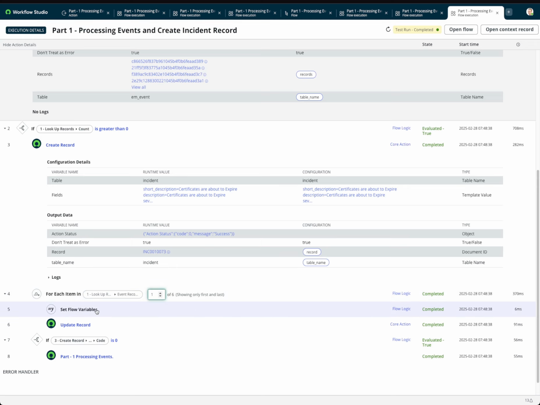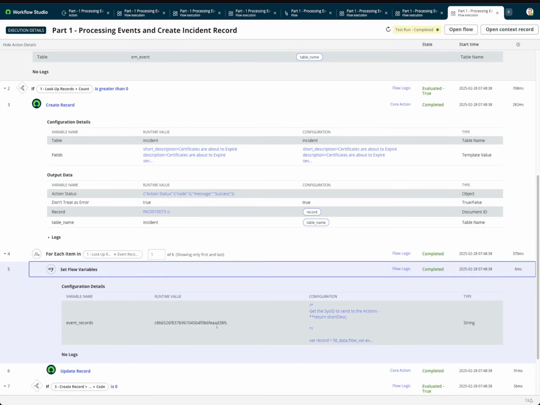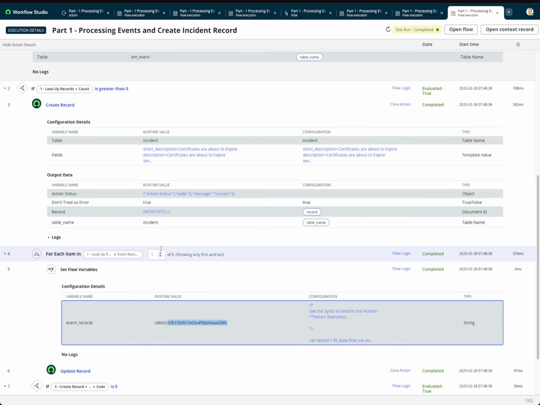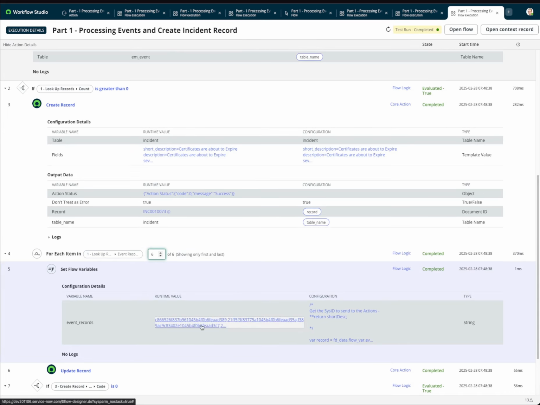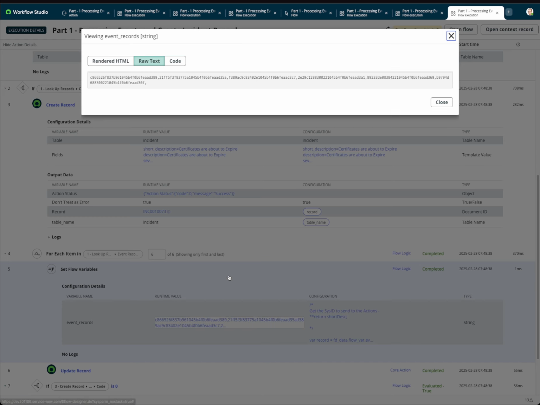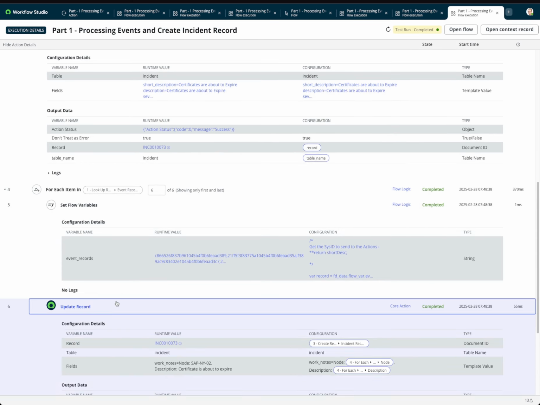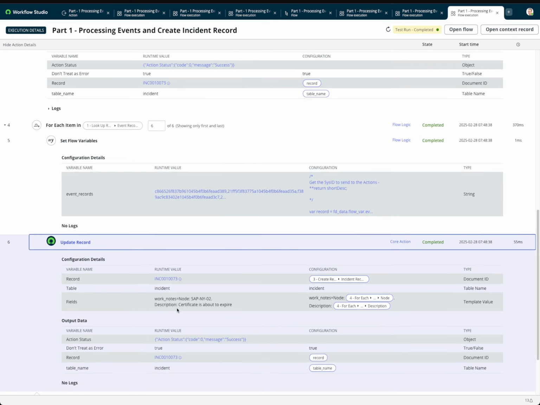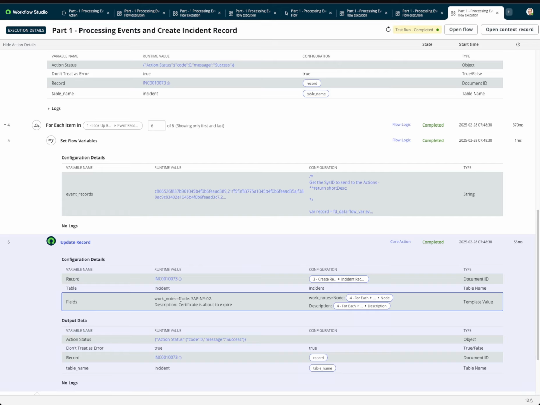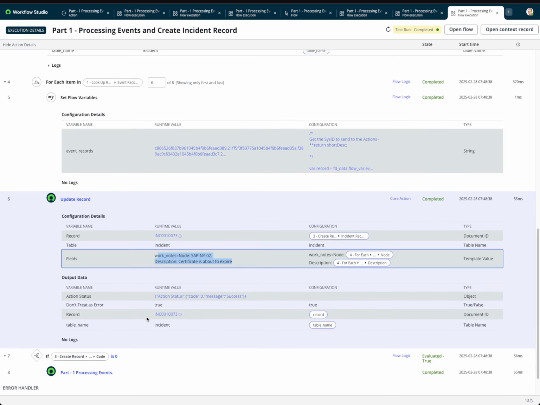But for each of this, right, it went through it, and here's the first record, right? And then if you go to 6, you can see how it was adding the records and adding the comma to separate each of these items, right? So that's what we did there. And then we updated the record, right? And we say, hey, on the work notes, I want you to add the node information. I want you to add the description, and it did that in there. So, and you do that,